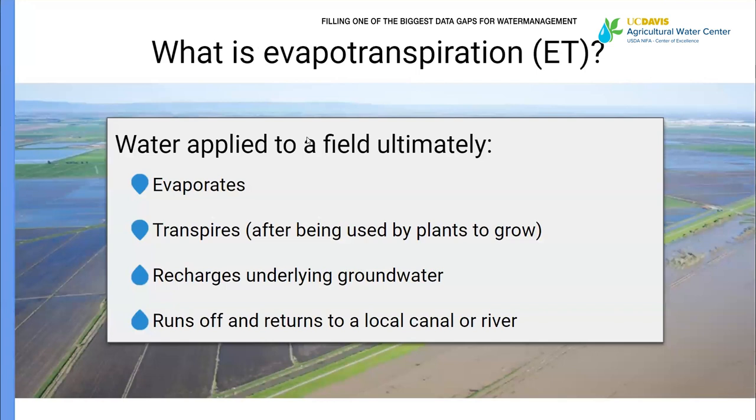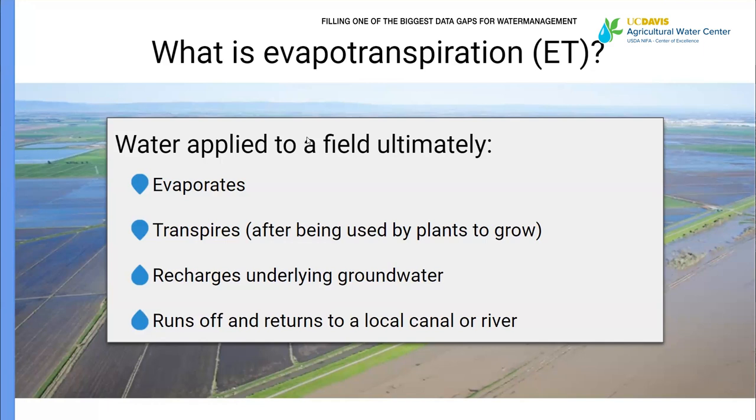The main thing that I want to say here is that this ET portion, evapotranspiration, is really that portion of the water that once it's applied to a field or for some other purpose is gone, not available for reuse. And so when you're thinking about trying to manage for long-term goals in terms of bringing a basin into balance, or managing for water sustainably,